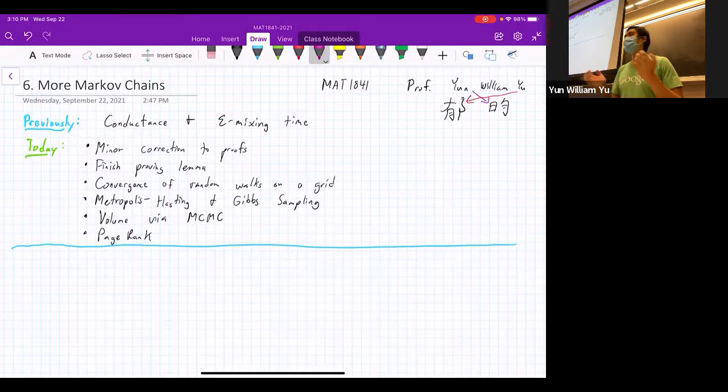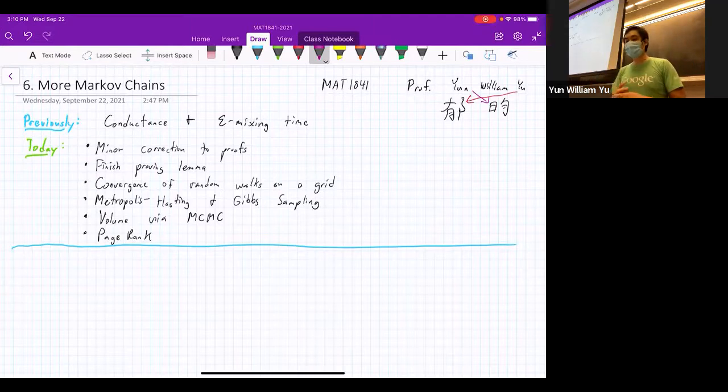Welcome back to MAT1841. Last time we talked a lot about conductance and epsilon mixing time, and we had a really long and involved proof, which we didn't quite finish, and I got sort of rushed near the end. So the first thing we're going to do today is add in a minor correction. It's just a slight constant that I forgot about last time in the proof, as well as finish proving the lemma. Then we're going to talk about convergence of random walks on grids, since those are a very nice